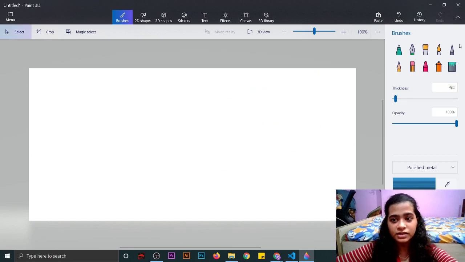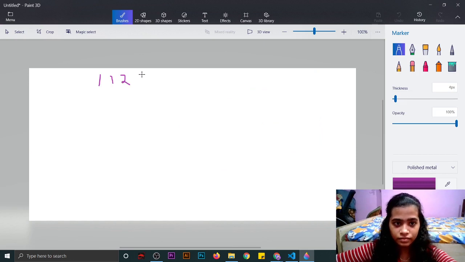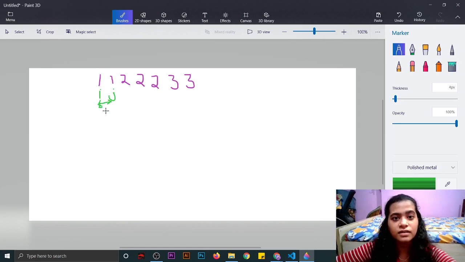Now let's go to the optimized approach. Let's take this array, and what we will do? We will take two pointers i and j and we will compare i with j. See, i and j are equal but we don't want to take the same elements. So we will move j forward. Now these are unique elements. So what we will do? We will move i forward one place and then we will copy the value of j into i because we have to store only unique elements.